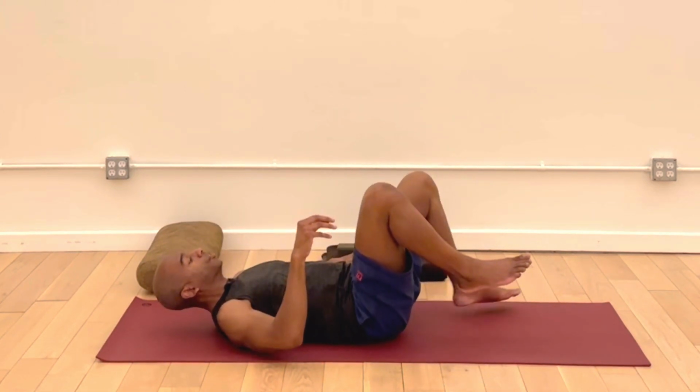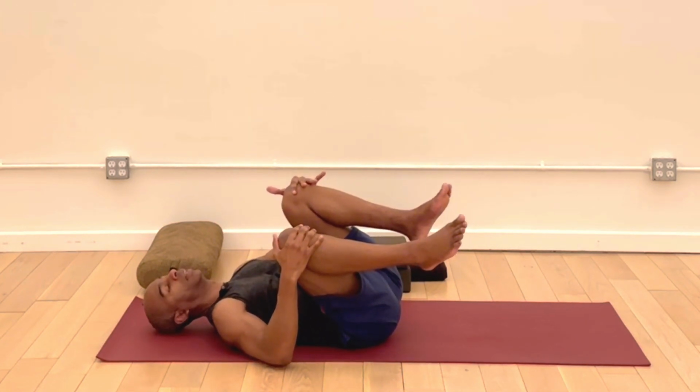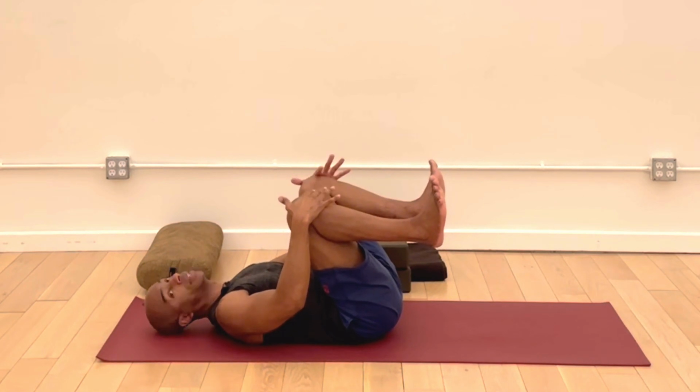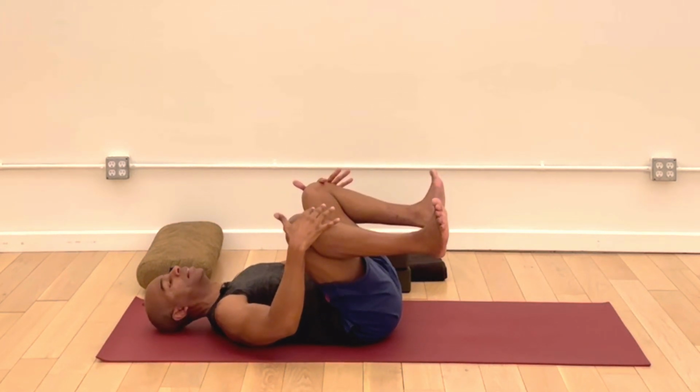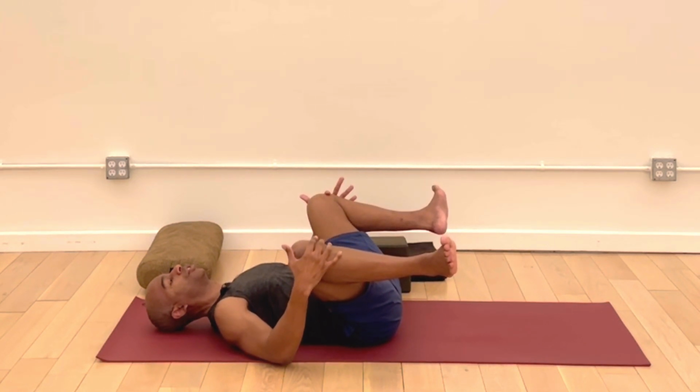Let's bring knees into chest. Maybe some more movement. Let's do a hip opener here. I like to lightly flex the feet, hold onto the knees or shins, and take the legs out. This is a variation of happy baby pose that I like to do, just to get a light stretch